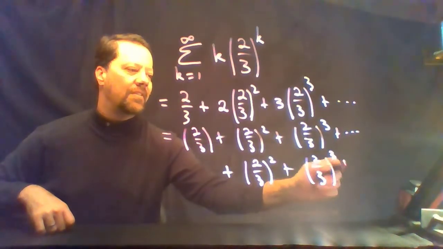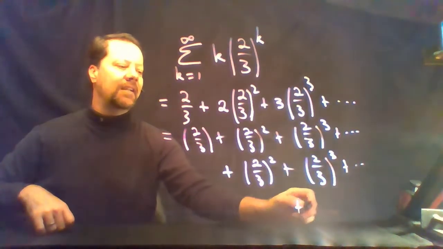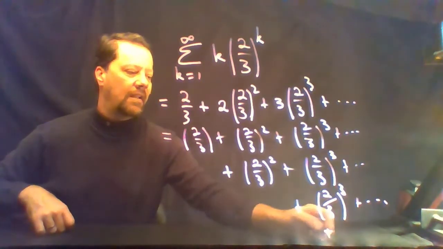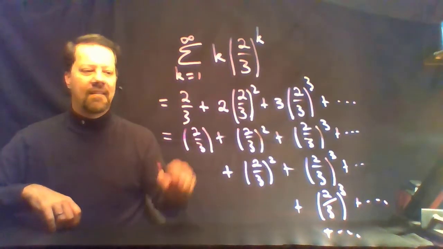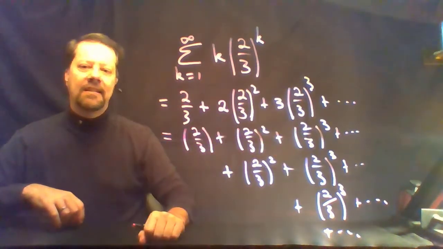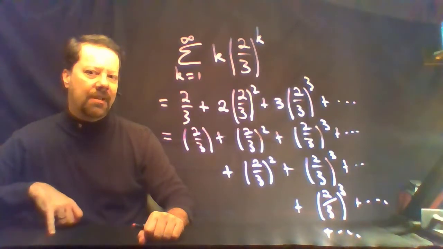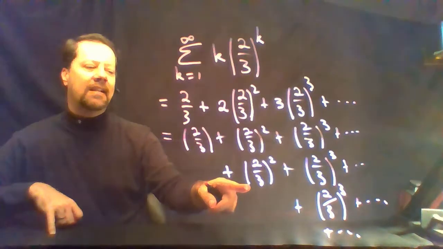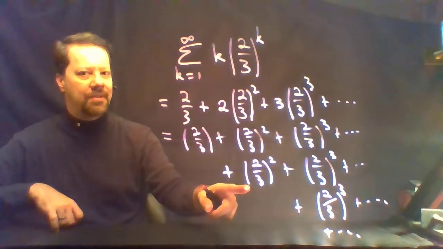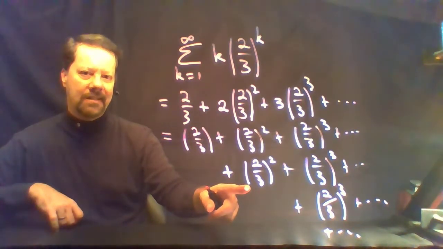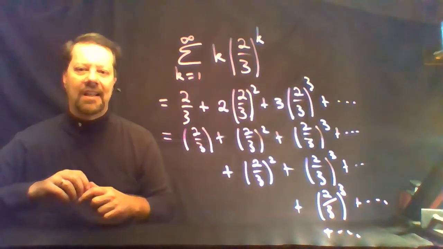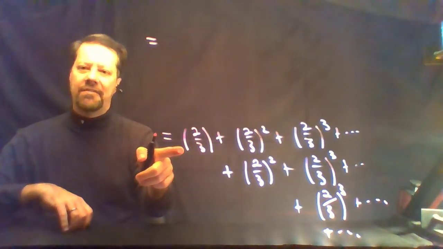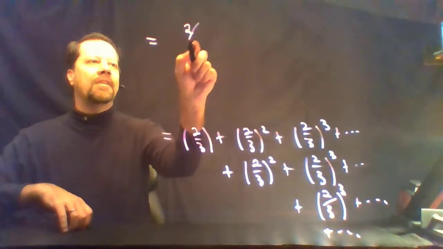And we'll add on 2/3 cubed, and now we're missing a factor of 2/3 cubed, and so on. The first line is a geometric series with common ratio of 2/3 starting at 2/3. The second line is a geometric series with common ratio of 2/3 starting at 2/3 squared, and so on down the line. As you can see from our formula for the sum of a geometric series, the first series is